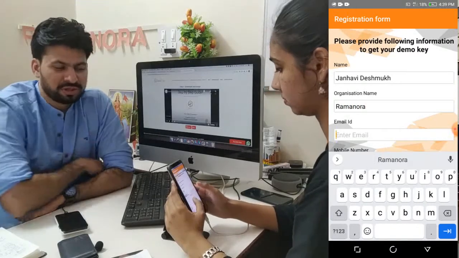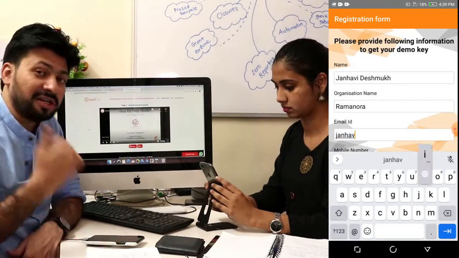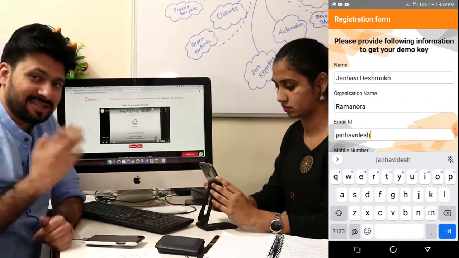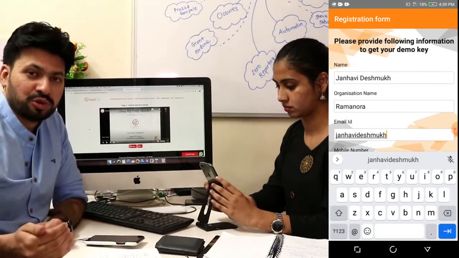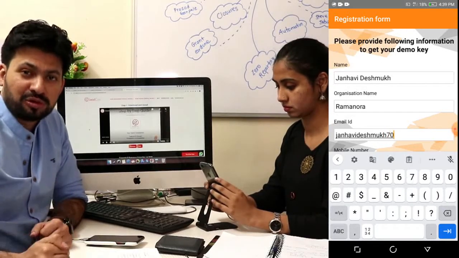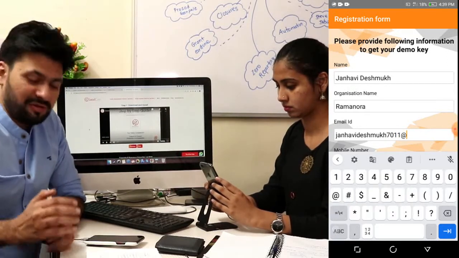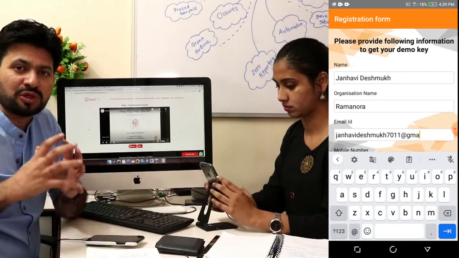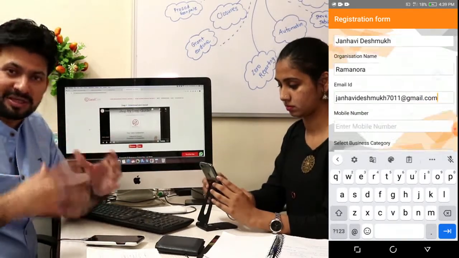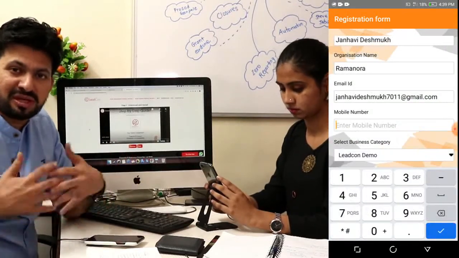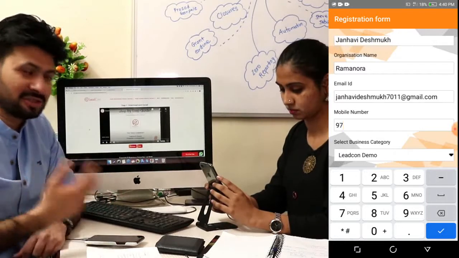While she is putting in the information, the most important factor of giving demos to the customer is that this is the first point where you ask the customer to log in as a new user, only for the demo. The new user registration works only for demo, where we have created a very small version which works only for 7 days, and they can try all the different industry segments that we have added, and experience the application.